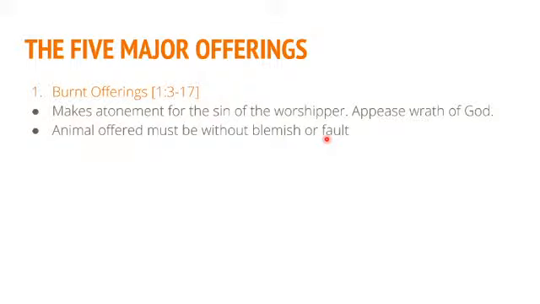And then this animal is going to be taking the punishment or the wrath of God in my place. So the animal types that they could have offered were like a bull, sheep, goat, turtle doves, or pigeons. And obviously, we could see there a progression from things that were more expensive to things that were on the cheaper side, which persons could afford. So the offering is to be completely burnt, right?